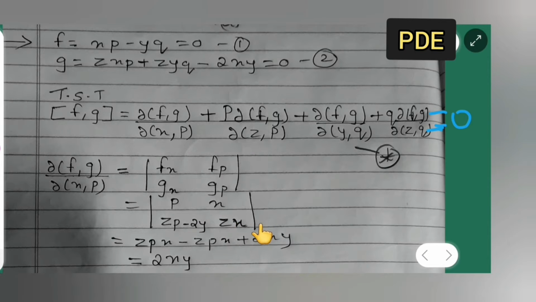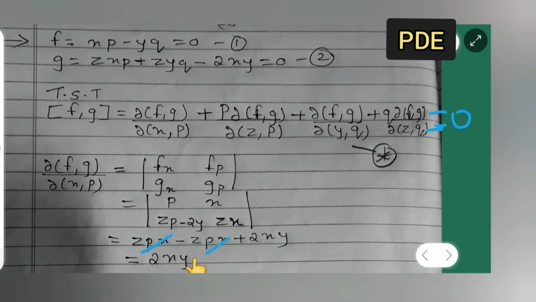Now basically this is equal to what? p into zx, so multiply this with this. zpx minus, what you all have to do is multiply this x with this one, so minus zxp, plus 2xy. This minus and minus, it will be plus 2xy. So what is going to happen is zpx, these two terms will get cancelled. What is going to remain is only 2xy. So write down here.